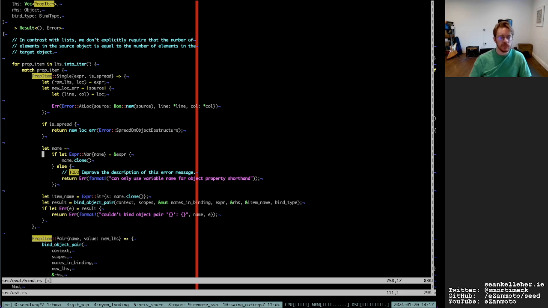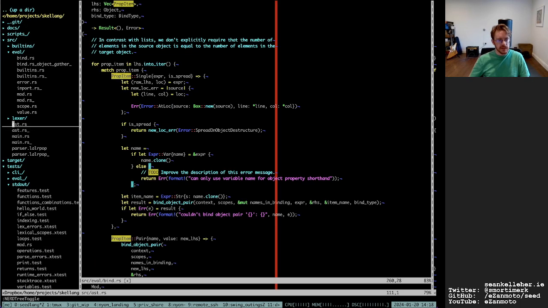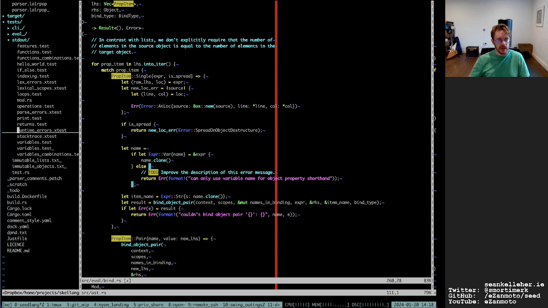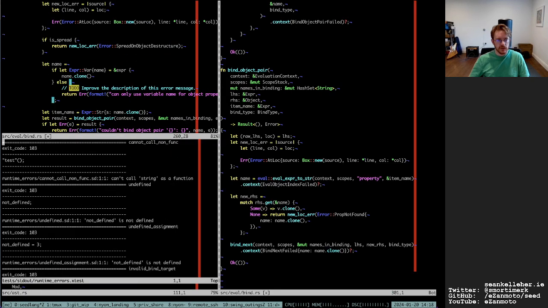The name, we're going to verify that the expression is like that. And yeah, that's going to be a tricky condition to describe, but essentially handles the case where, let's see,